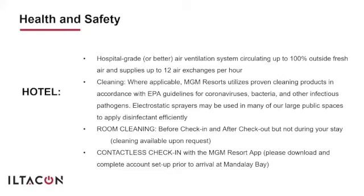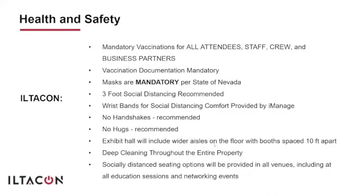There is contactless check-in at Mandalay Bay with the MGM Resort app, so I highly advise you to download the app and complete your app account setup prior to arrival at Mandalay Bay to ensure a very quick contactless check-in upon arrival. Now, at ILTA, we have taken into account many things, including guidelines that have been provided to us